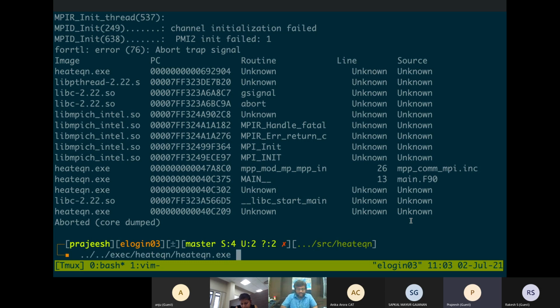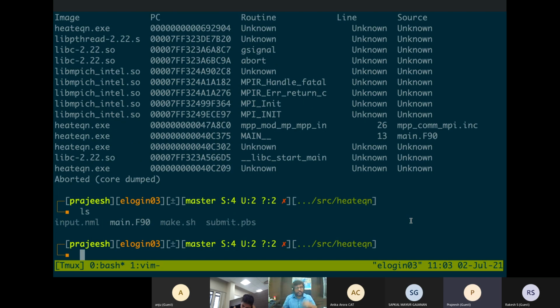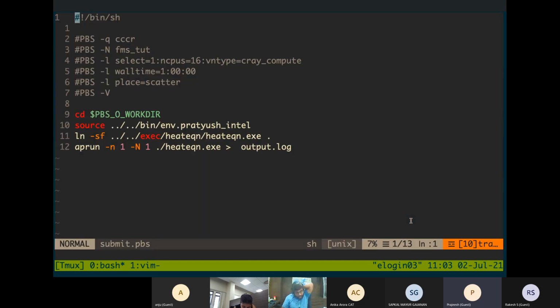You have to run it through a batch submit. Even if it is a serial job, you have to run it through a PBS script. So I've created a PBS script here to submit it, and I'm using just one core and one processor. Here it is 16, but we'll be using only one processor.